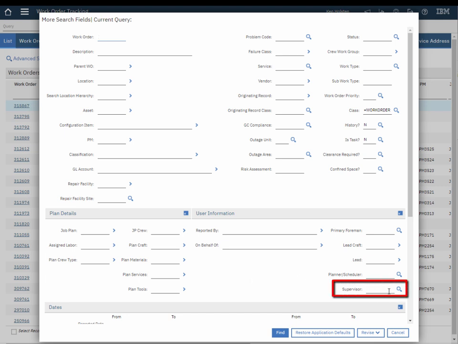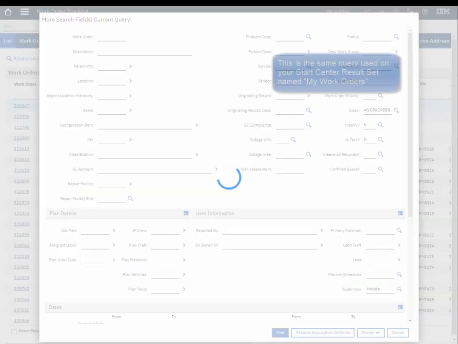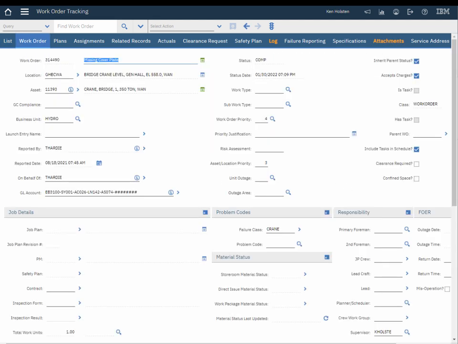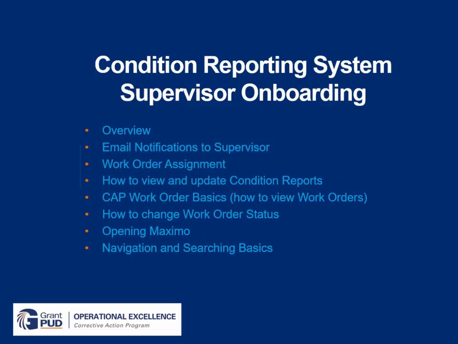For example, there's the Supervisor field. If I put my Maximo ID in the Supervisor field and click Find, now I'll find all the work orders assigned to me. And then I can just open up one of these work orders and update it. Navigation and searching basics was the last topic on my list for this tutorial. I'm sure you'll want more help. Just be sure to check the Maximo tutorial videos linked in the Maximo help menu for more information like searching for records,